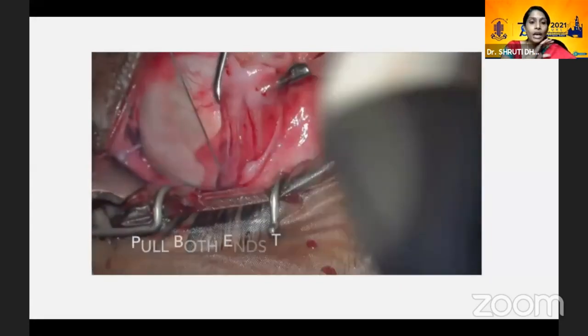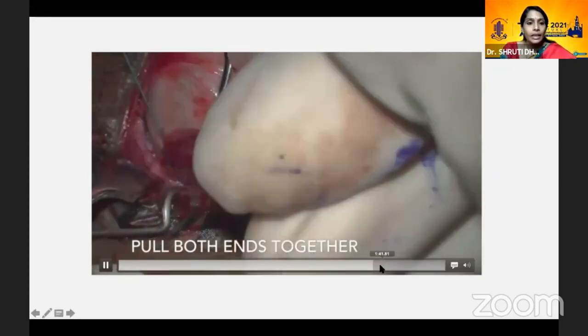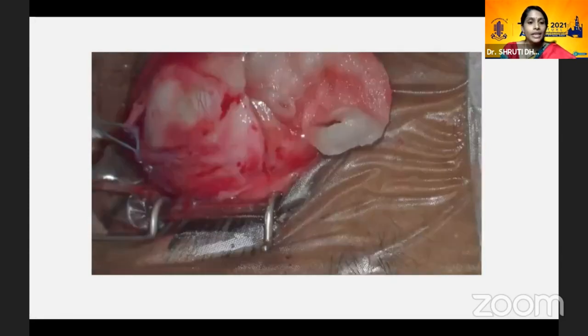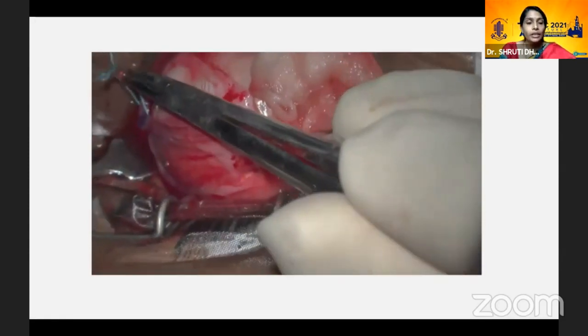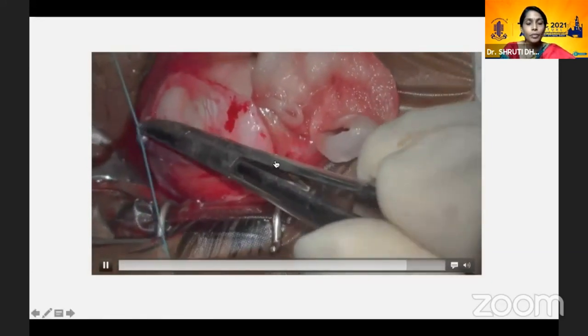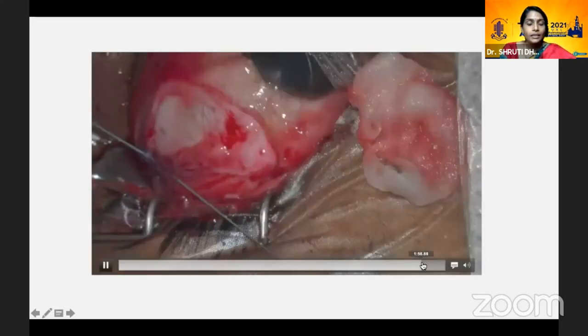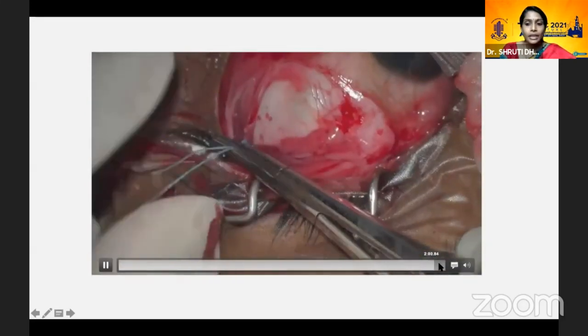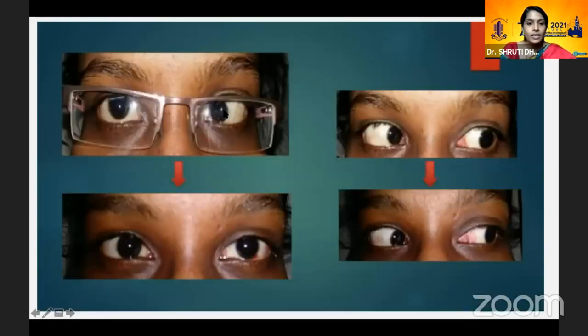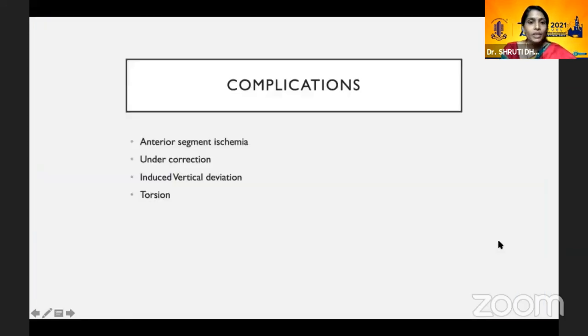and thereby it allows the prolapsed globe to go back together. And once it goes in, you can see the muscles coming together beautifully, and the sutures can be tied up into a knot. So here you can see this is the lateral, and this is the superior rectus, and they have been brought together. Once it's done, the suture knots can be cut and the conjunctiva can be closed. So this was the girl who had the heavy eye syndrome, and her improvement is quite good, with improvement in abduction as well.